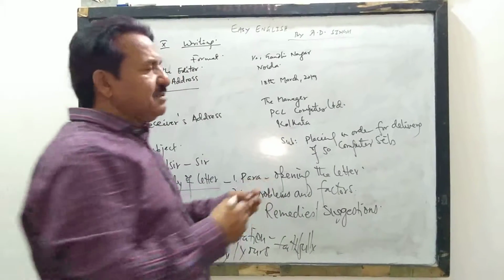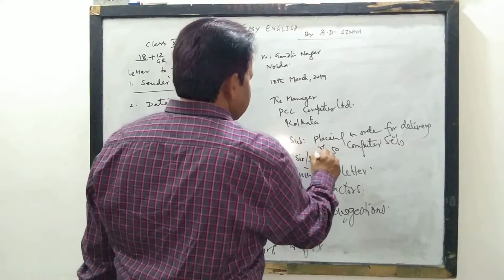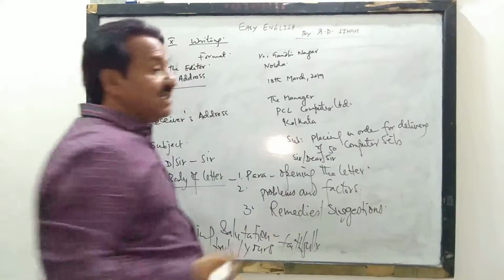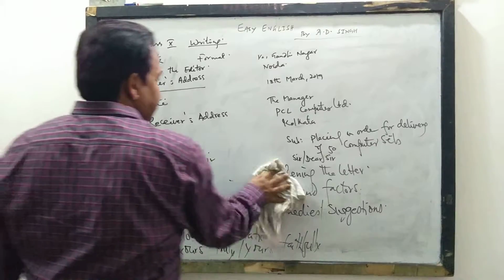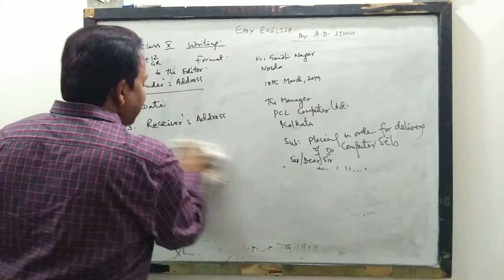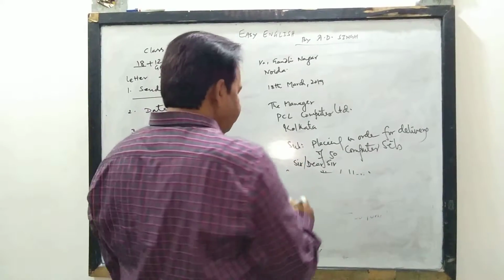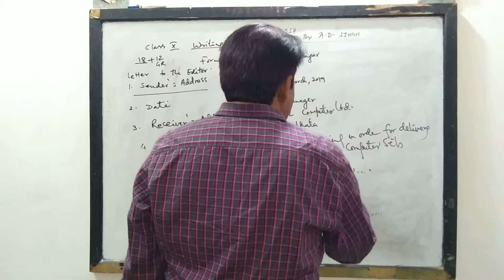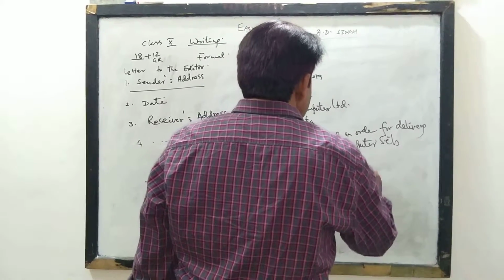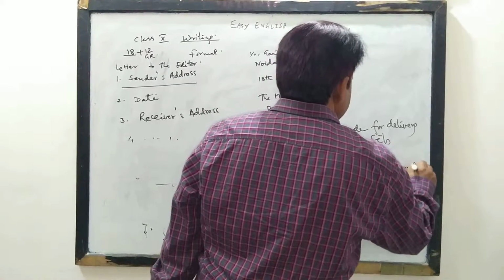Okay. Then after that we will write sir or dear sir, whatever you write, dear sir or sir. Then the language. What will be the language? That you ask, sir. Yes. Opening the letter. Opening the language is very important. Sir or dear sir. And after that, first line will be, I would like to place an order for